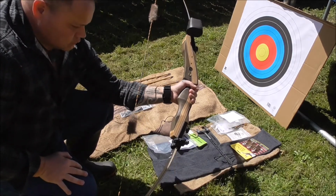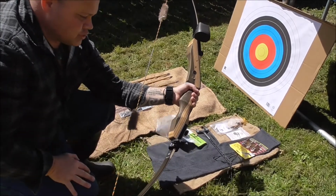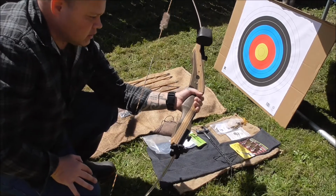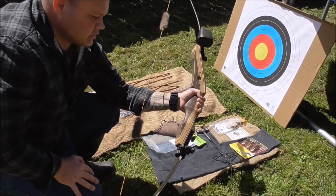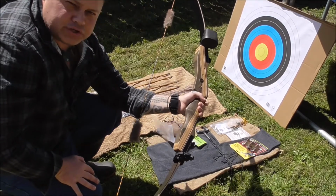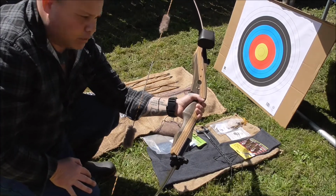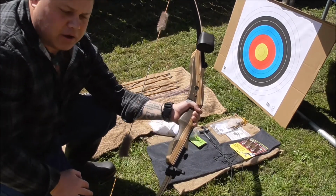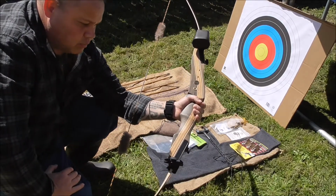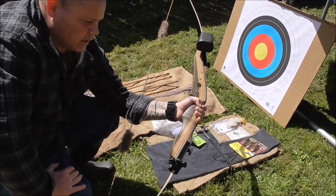The reason why I got a 45 pound bow is because, one, it's got the killing power to take down anything in New Zealand. The minimum poundage by law in New Zealand is 40 pound. You must have at least a 40 pound bow. Now bows can go up to 60 pound, but this here in particular, I wanted something powerful enough to do the job, but also